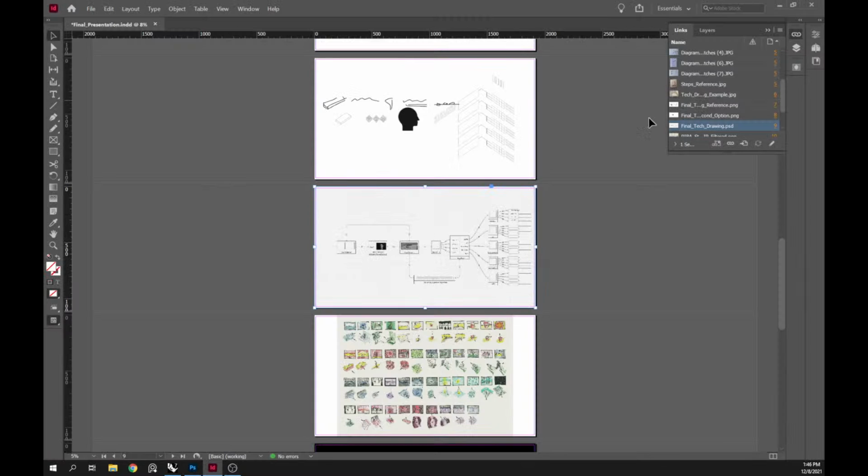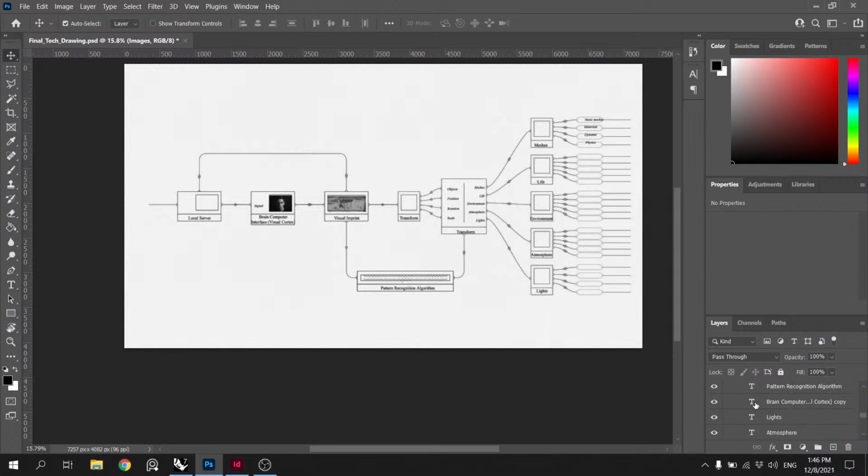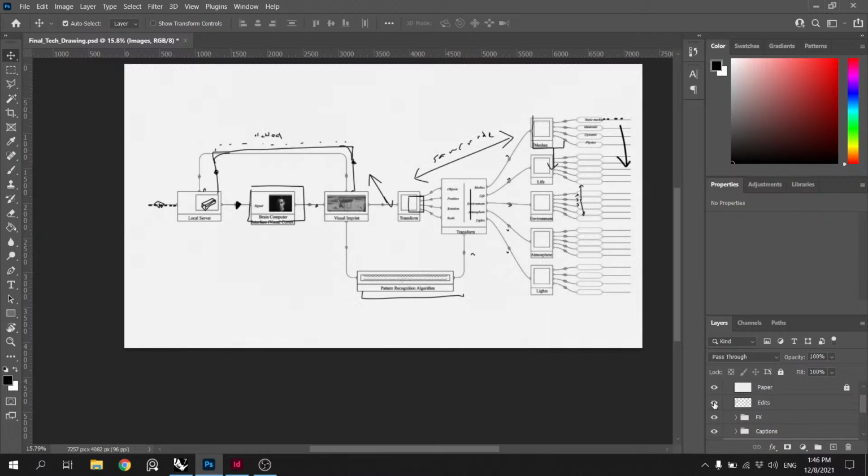Obviously what will end up happening is it'll appear smaller. Even like with all of these captions, the edits, we could say that this right here is the image or the content.